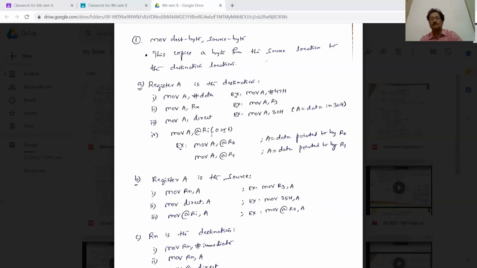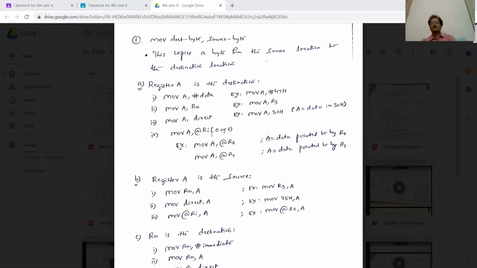Other registers can be used for some other purpose, like in counters or any other purpose. That's not a restriction. But as far as the indirect addressing mode is concerned, you have to use only R0 and R1.